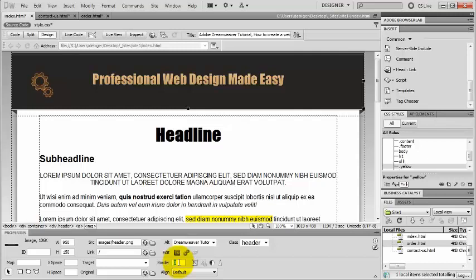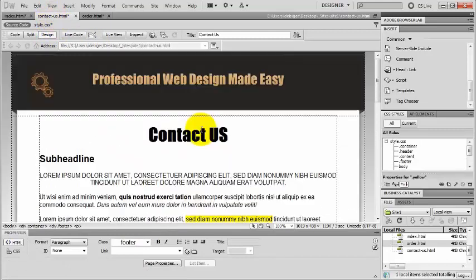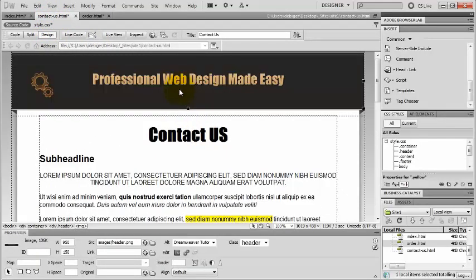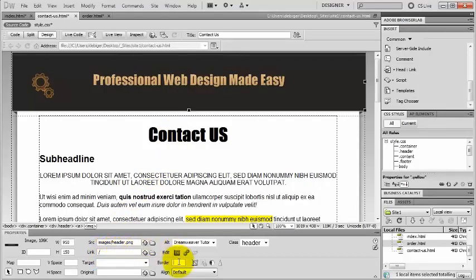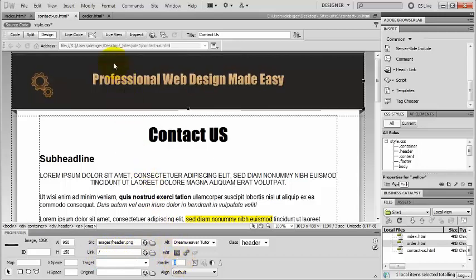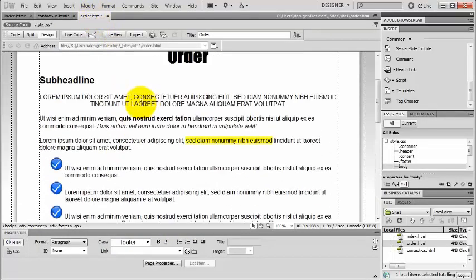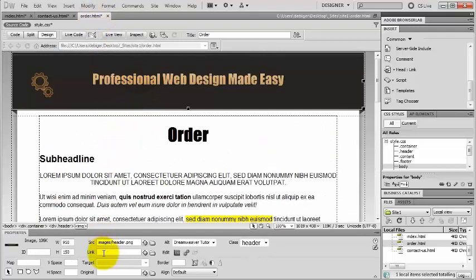Okay, I need a link to my home page in my other two pages as well, so I go to my contact page, select my header image, type in a / and 0 for the border, go to my order page, select my header image, / and border 0, go back to my index page,